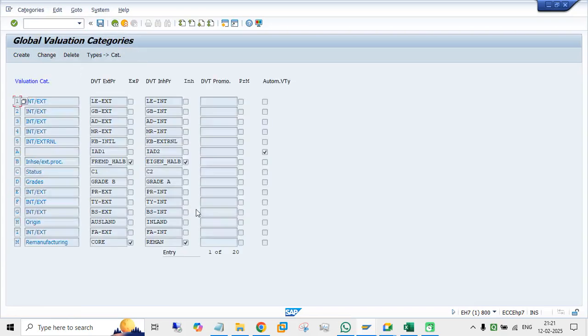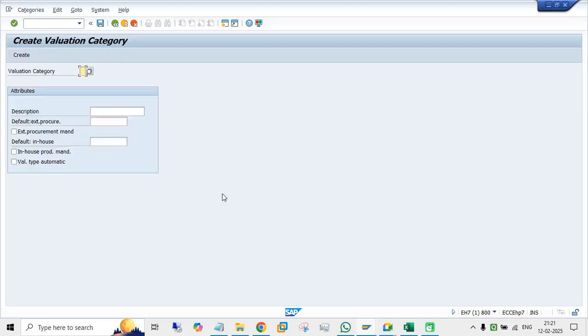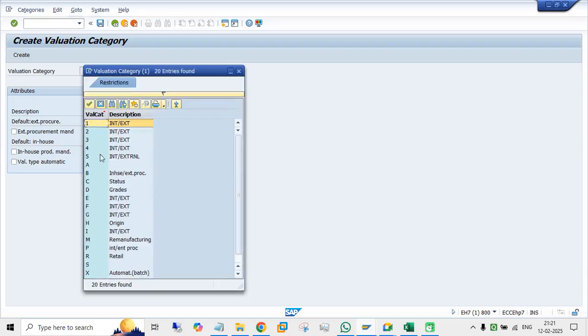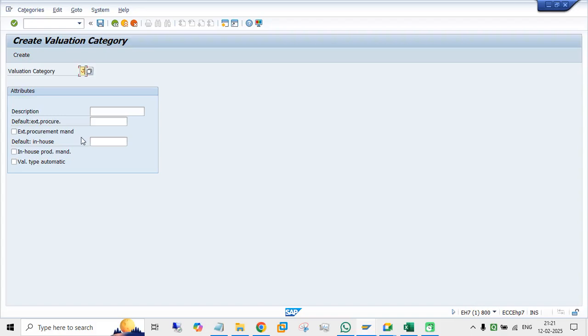click on global category, click on create here. So here valuation category, I will take J. Okay, single character you have to take. Description: internal, external procurement. So here external procurement,